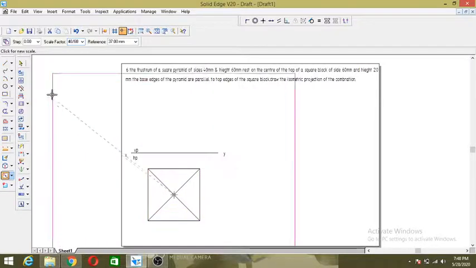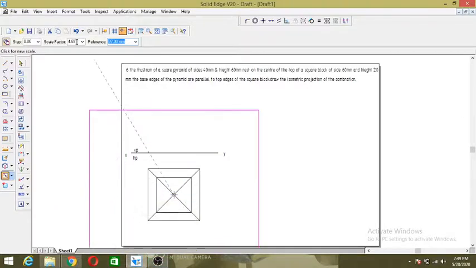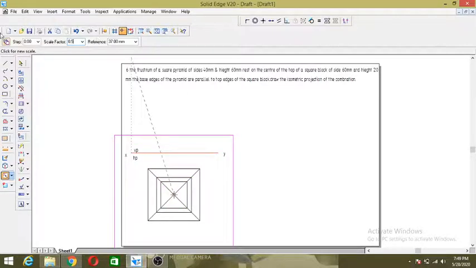Turn on the copy command, keep it in mind. Now say enter. Again, this is the bottom face of the frustum. What is the top face? 20. So the scale factor is 20 divided by 40, that is 0.5. Now I don't want the copy command, just turn it off.